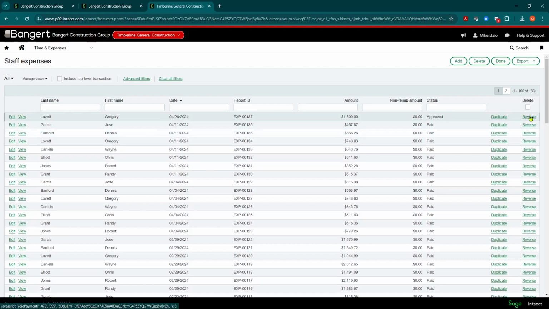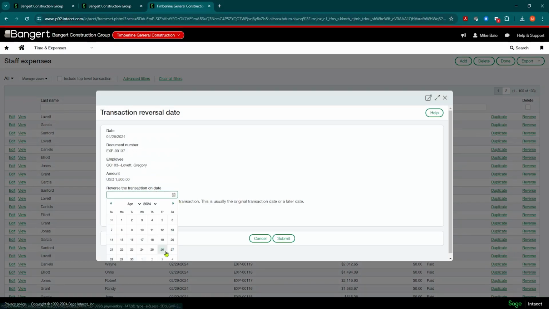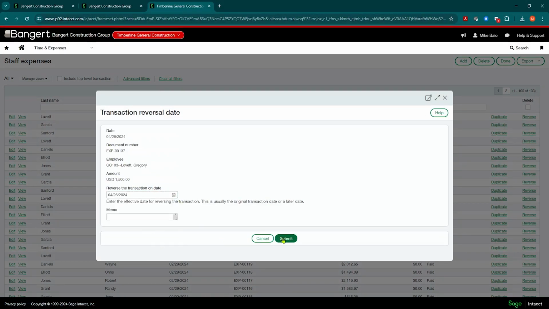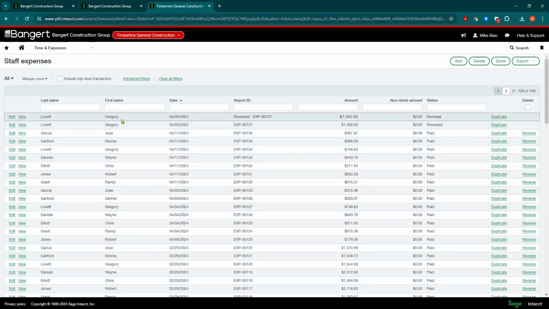You can just click reverse here. Do it as the same exact date, so it's going to be 4/26 here. You can call it pre-note test and submit. Now that transaction won't show up anymore. You've done your pre-note test. You're good to go, and then you can take it from there.